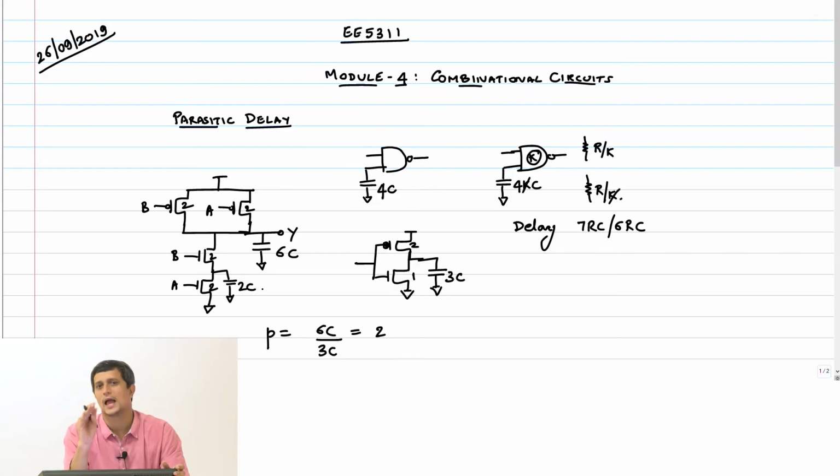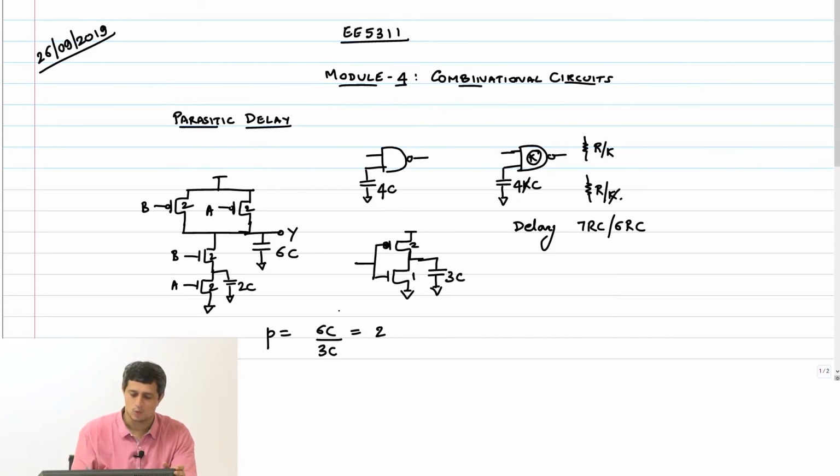But I'm not saying that is negligible. I'm saying it doesn't matter in light of what we are going to do in a couple of classes, which you will see. So this approximation is, don't get carried away with parasitic delay too much, because it is independent of gate sizing. That's the key thing that I want to convey here.